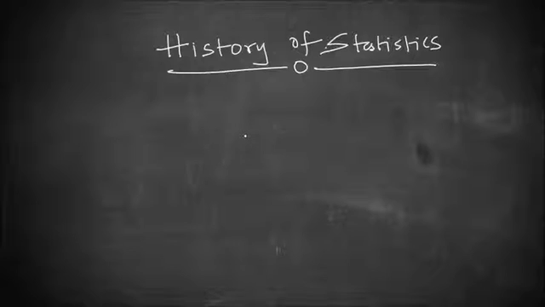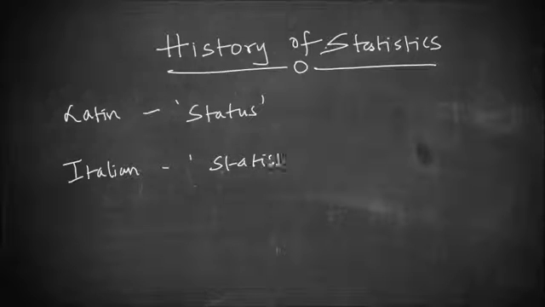Let us go back to the history of the word statistics. How did we get this word statistics? If we go through the history of the ancient period, especially the medieval period, we find mention of statistics in many countries. However, the origin is not that clear. One view is that it originated from a Latin word called status. But there is another school of thought which says there is an Italian word called statista. So somebody says that the word statistics has its origin from the Italian word statista, but some also believe that it has origin from a German word, statistik,